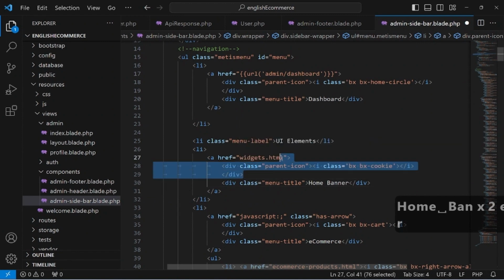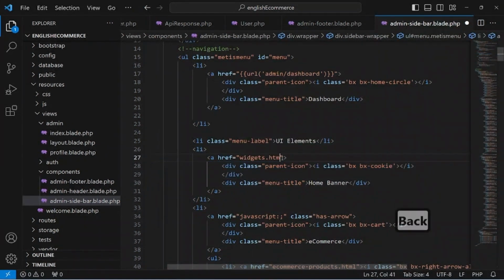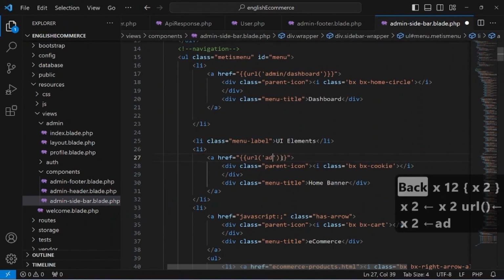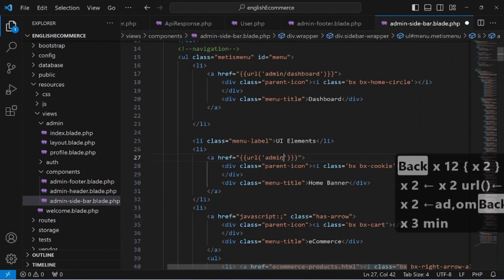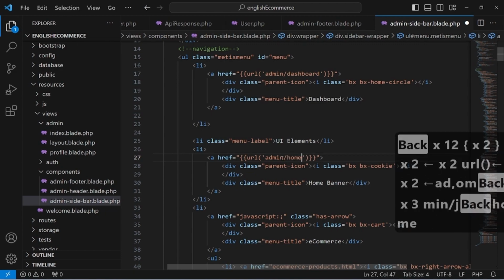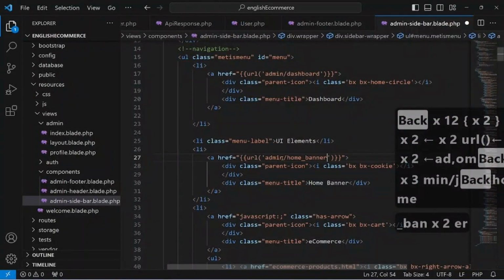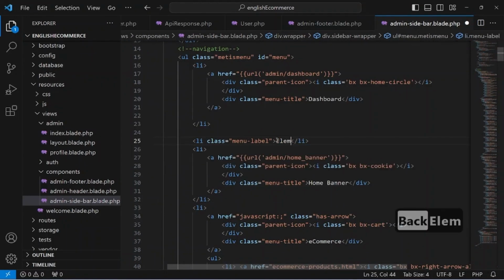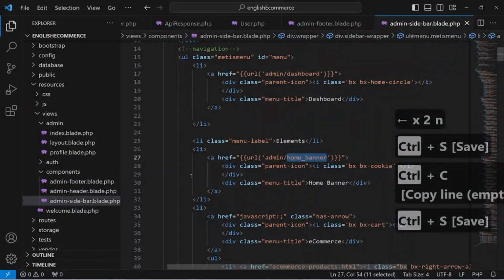and href should be url admin slash home underscore banner. Yes, so the elements are related to this. Simply home banner, creating the route